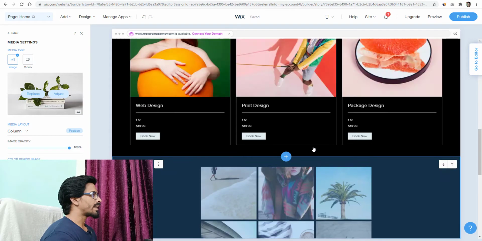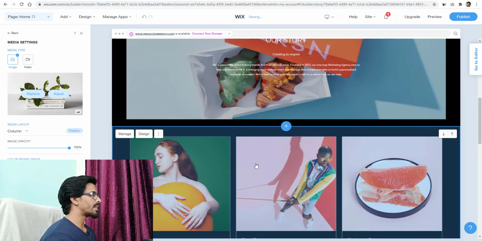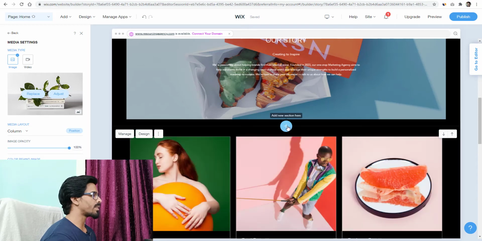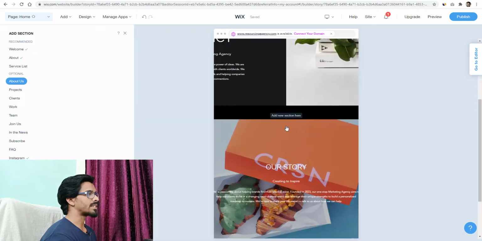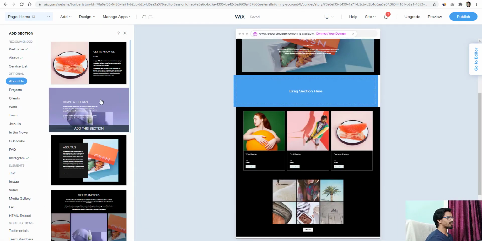And if you want to add anything, like one more section between this our story and this product or services section, then just click on this plus button, which says add new section here. Okay, and you can choose any of these sections from your left side. You can choose from about us.